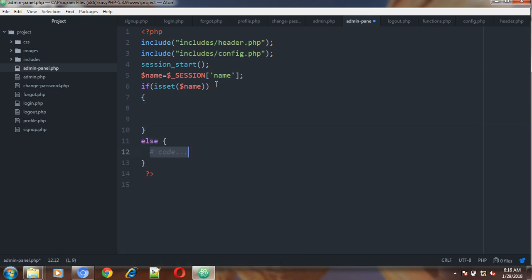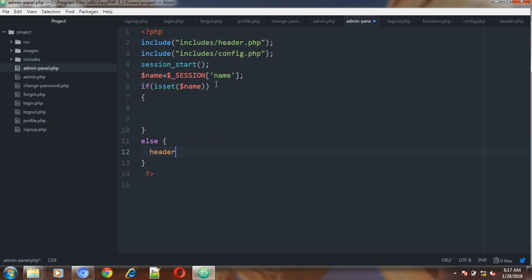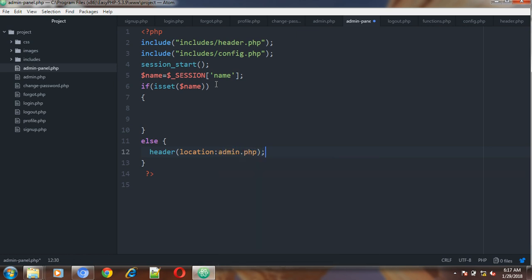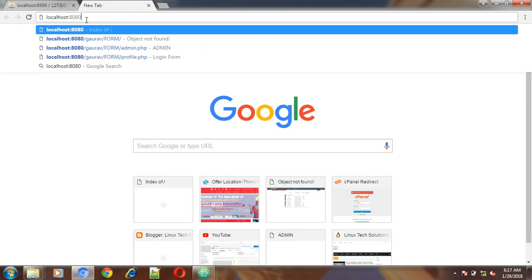Else what we will do is we will change the header location to admin.php page. Okay, now let us check this out. So what I will do is I'll just close this tab and open